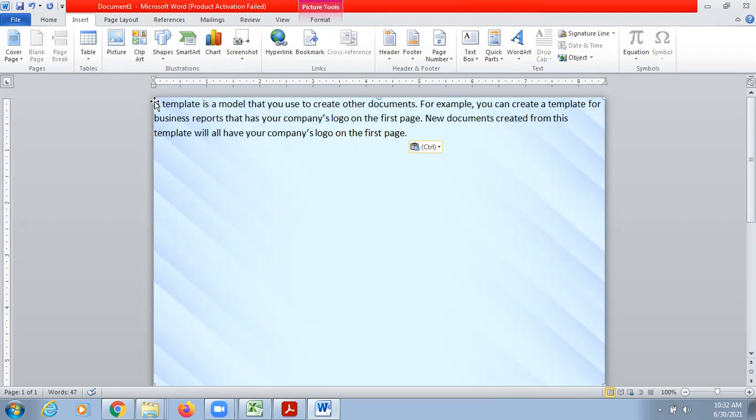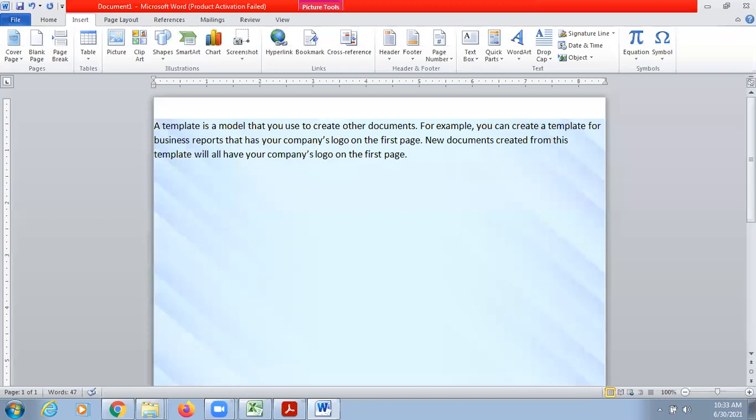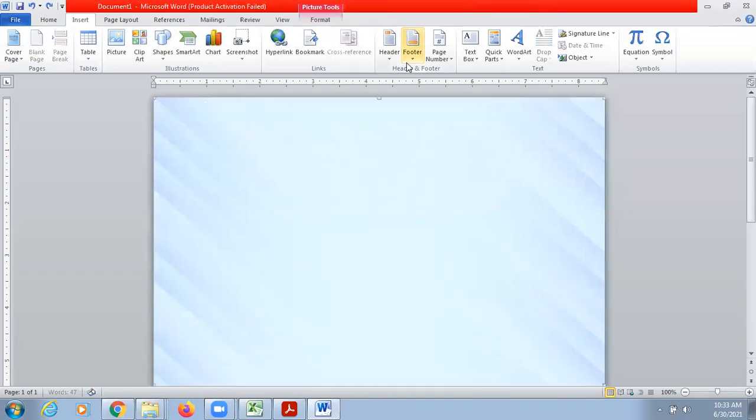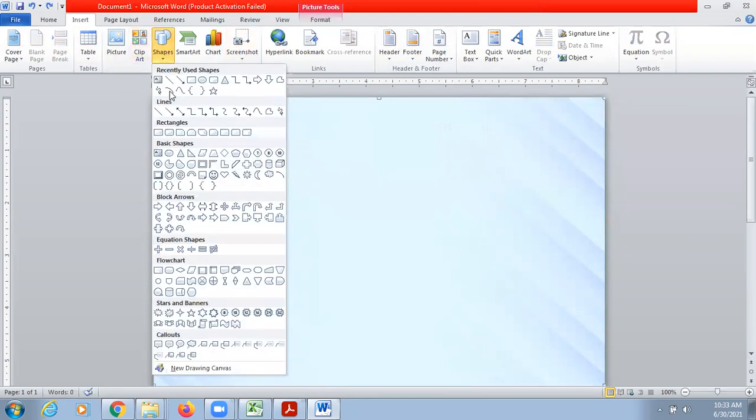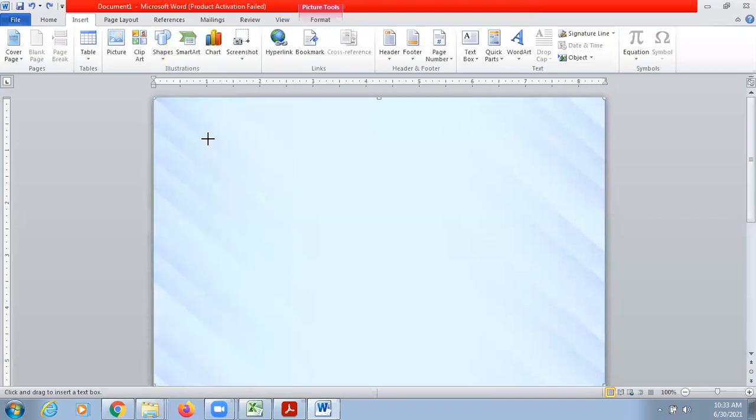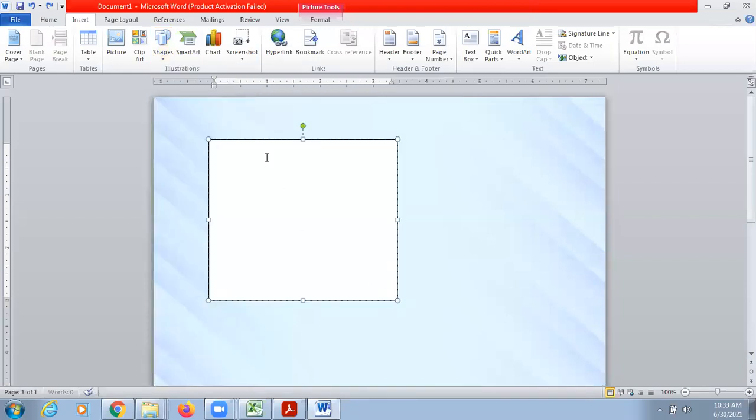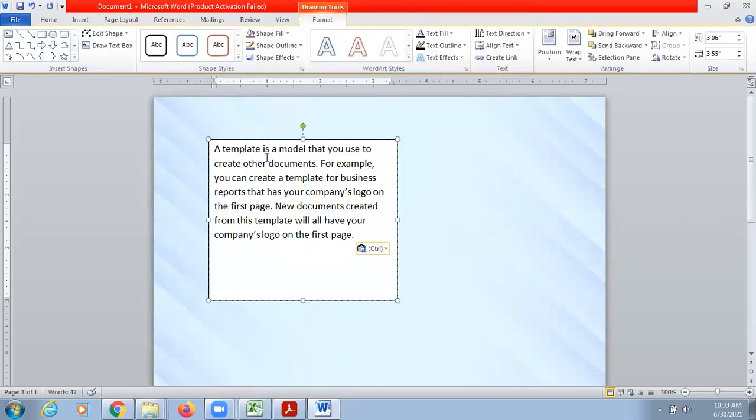Because margins are there, and if I try to shift it, then the image will also shift. So instead of pasting the text directly, we can first insert the text box, and inside this text box you can place your text.